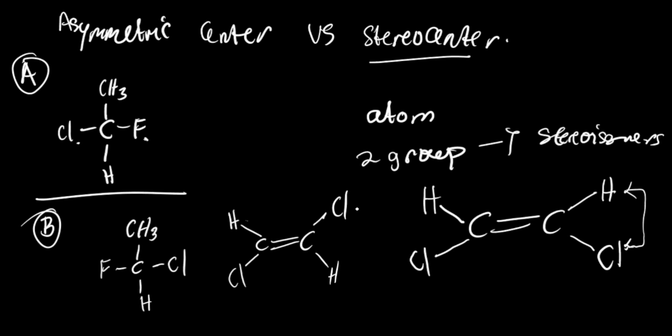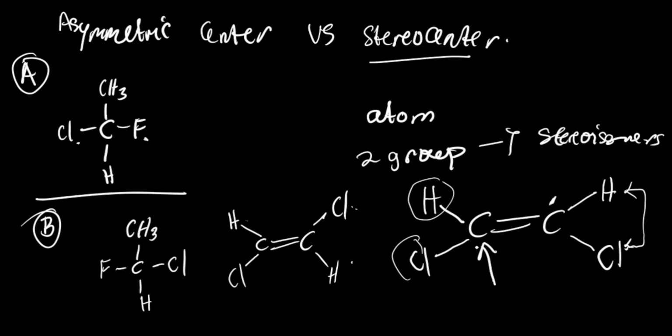Notice that as a result of interchanging two groups, we have been able to form a different stereoisomer, which is the trans stereoisomer. So although this carbon atom is not an asymmetric center. Why? It's not an asymmetric center because it's not bonded to 4 different groups. It's only bonded to 3 different groups. It's bonded to a hydrogen, it's bonded to a chlorine, and it's bonded to a carbon. 3 and not 4, but an asymmetric center ought to be bonded to 4 different groups, but it's bonded to